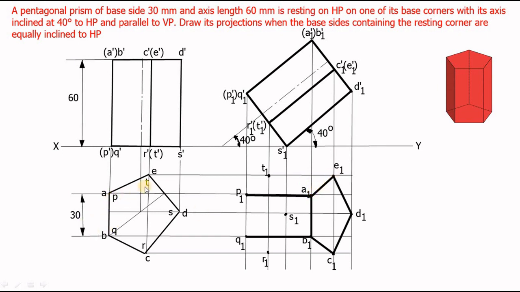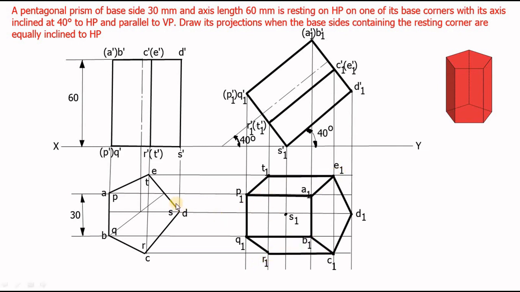Similarly, PT can be drawn in visible line. PQ can be drawn in visible line. Similarly, QR can be drawn in visible line. So these edges can be drawn in visible line. So when you see from here, these edges will be visible. Clear? Similarly, TE will be visible and RC will be visible. These are also longer edges. So join these two to form visible line.